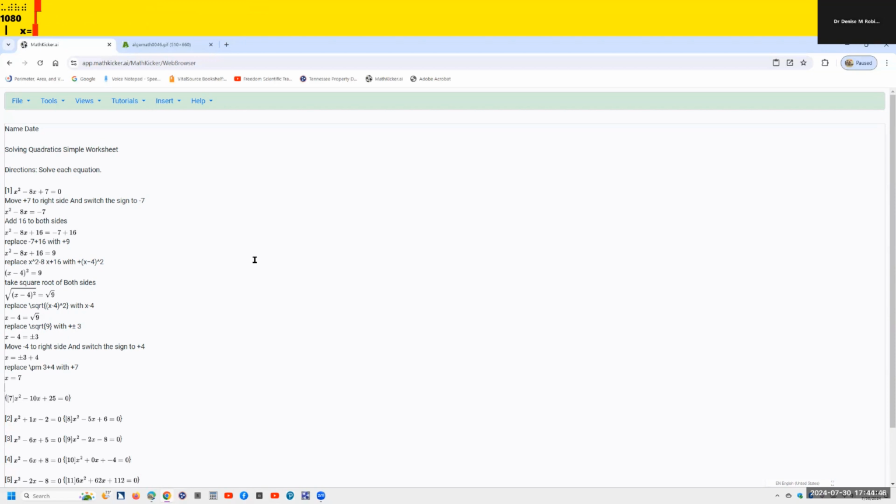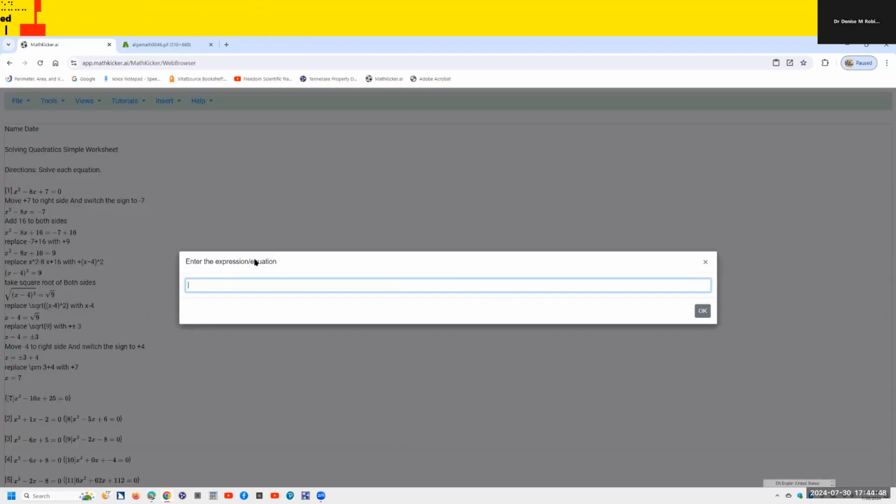So here we go. Alt equals. Alt equals. Enter the expression equation modal dialog. Edit. Blank. Type in text. Okay,